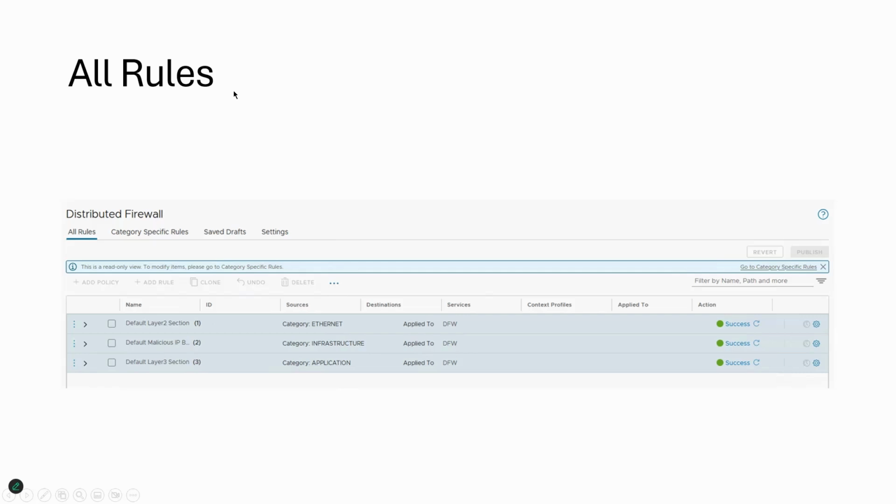Now look at the screen. You can see multiple sections like default layer 2 section, default malicious IP block, default layer 3 section. These are not random sections, okay, and each category represents a different stage of traffic inspection. You can also notice something important at the